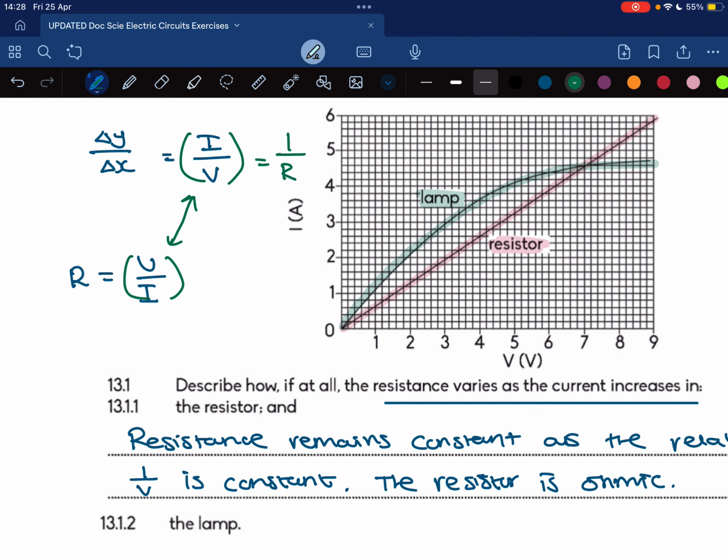Okay, so these are the 2 points that I'm taking specifically. You just take any 2 points on the graph and you should still get to the same answer. So I'm going to say 5.2 minus 0 over 8 minus 0, which is going to be equal to 0.65. But now it's important to remember that this is the inverse of R. So that means that this value here, or rather we should say it's 1 over R. So you need to swap these values around in order to get the actual resistance, which is going to be